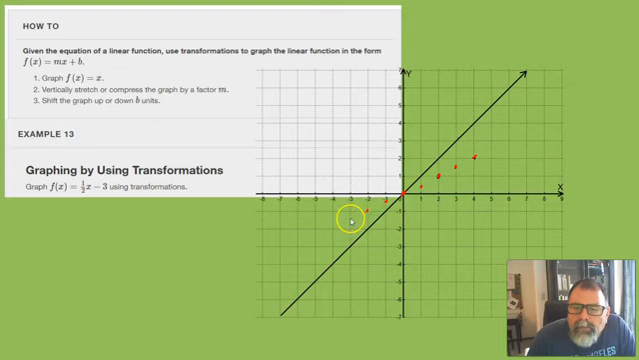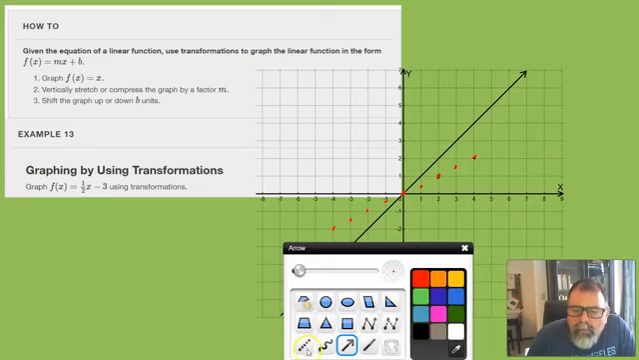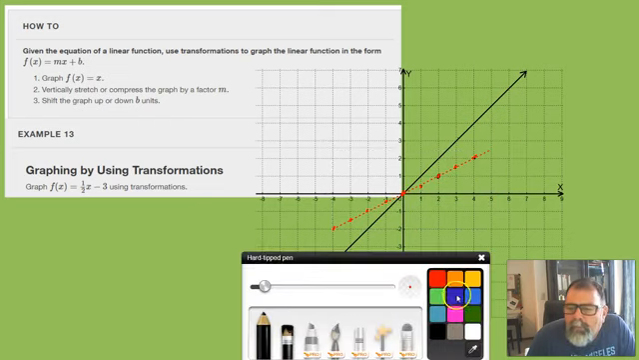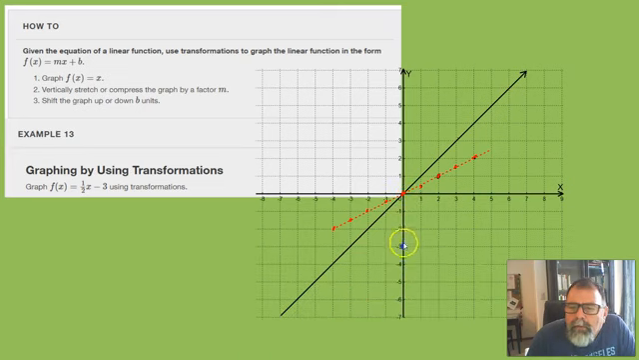The first stage. This is the compression. I'm just going to do it as a dotted line. Now we're going to take that and shift it down 3 units. Let's do this one in this purplish color. So down 3 units, down 3 units,